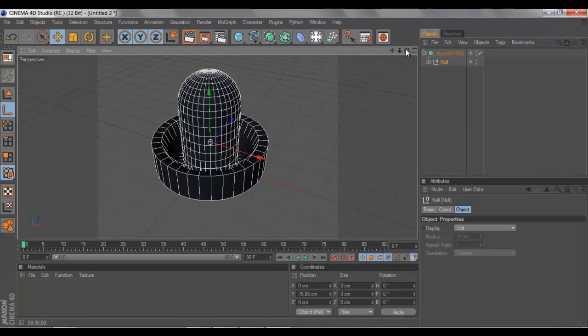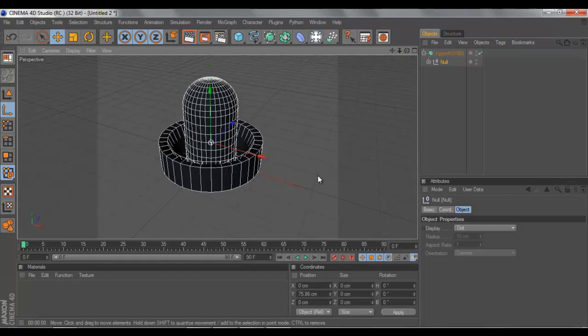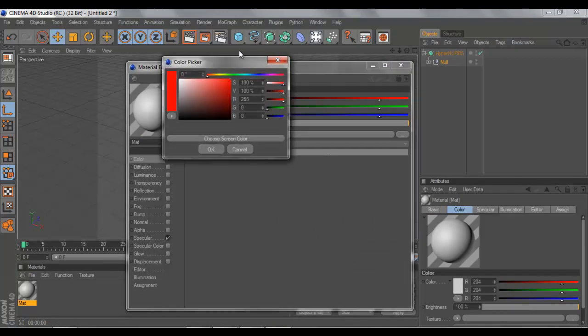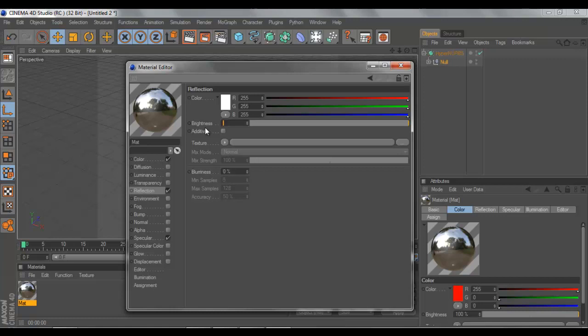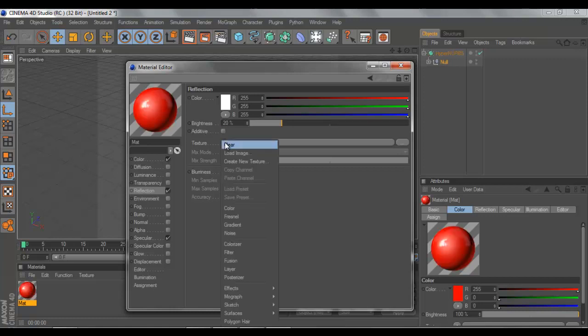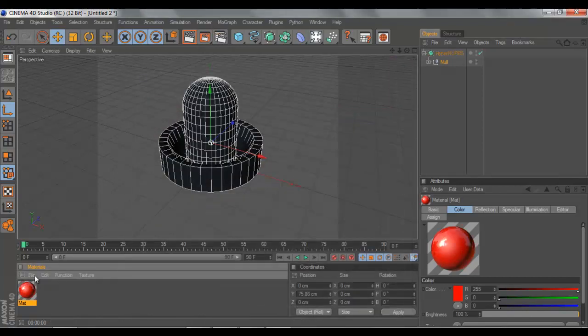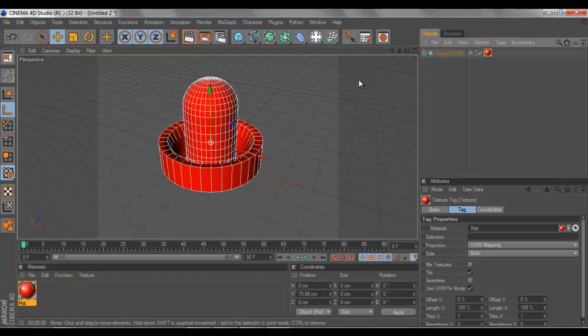So what we're going to do now is make the floor textures and the textures all together. So if we get materials, we'll make the first one a complete red, and change the reflection to 20%. Go into Fresnel for the texture, and the mix strength will turn to 20. So if we just drag that onto the hypernode,